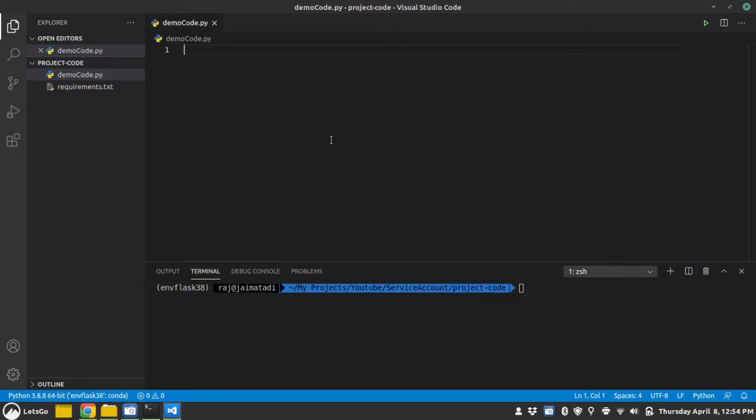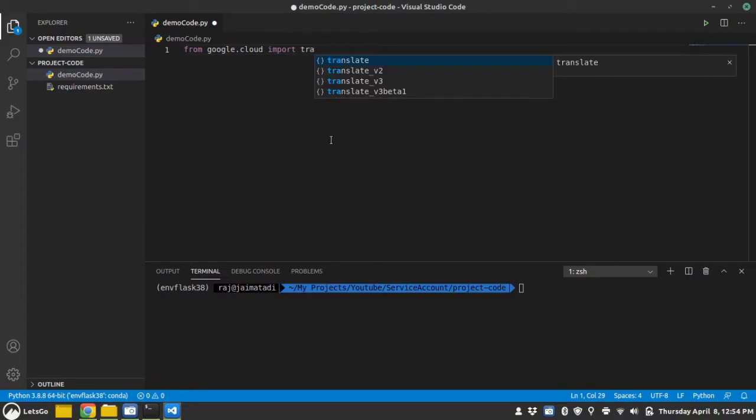So let's first import the Cloud Translate API: from google.cloud import translate. There are three versions of translate: first translate version 2, version 3 and version 3 beta. So we will use version 2, as translate.